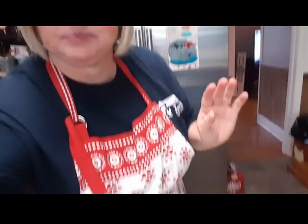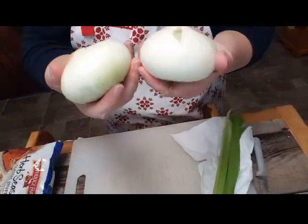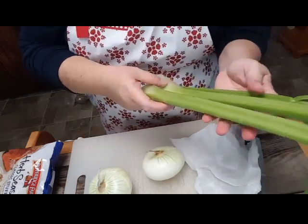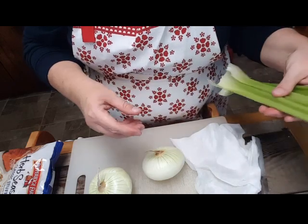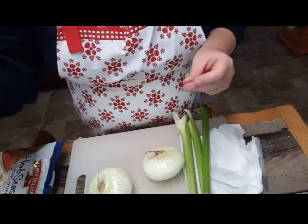But anyway, as I'm having my struggle on whether or not to fix it today or tomorrow, there are some things I can do. I can go ahead and chop the onion and celery. So that's what I'm going to do. I have no idea how much I'm going to need. So I've got 2 onions peeled. I'm going to go ahead and chop them. I'm going to chop at least 3 stalks of celery, and we'll see where I'm at. I may add some more, but we're going to get this going, and we'll be back in 1,